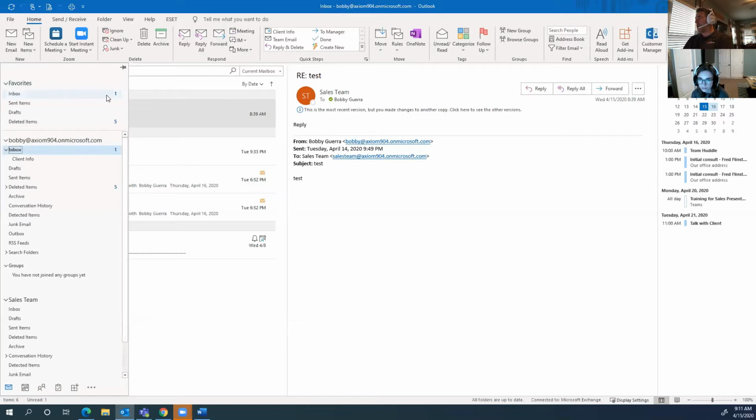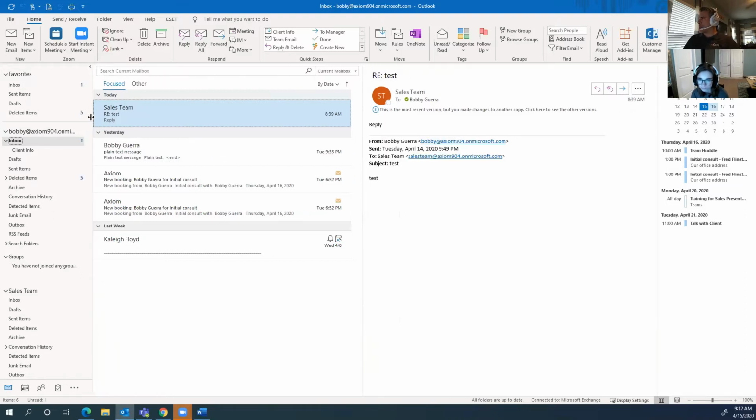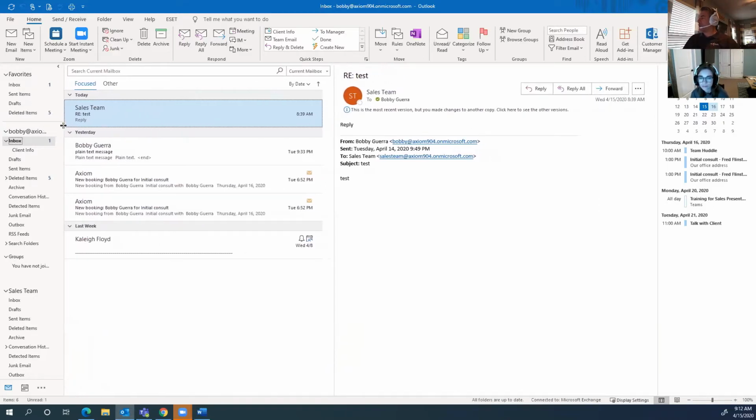It'll slide back to the right, and then you notice this little pin. What do you think that pin does, Kaylee? It saves it right there. Yeah, it sticks it. Boom, right there. Now it's back, like the Backstreet Boys. So this lets you completely swing it over to the side. Now you can change it by putting your mouse over here under these lines, and you can adjust this however you like. I encourage you to do that so that you get the real estate you need on your screen. If you're on a laptop that has a smaller screen, maybe you want to adjust this to get the real estate you're going to need to be productive.